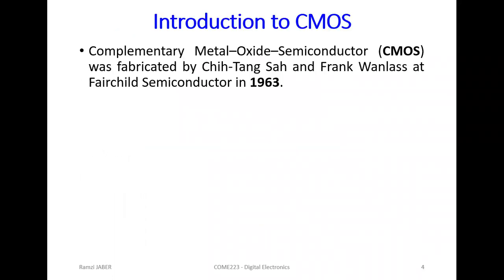CMOS comes from complementary metal oxide semiconductor. Complementary metal oxide semiconductor was fabricated by Tang and Frank at Fairchild Semiconductor in '63. In '45, they fabricated the MOSFET. Then after around 20 years, they invented or fabricated CMOS. Till now,